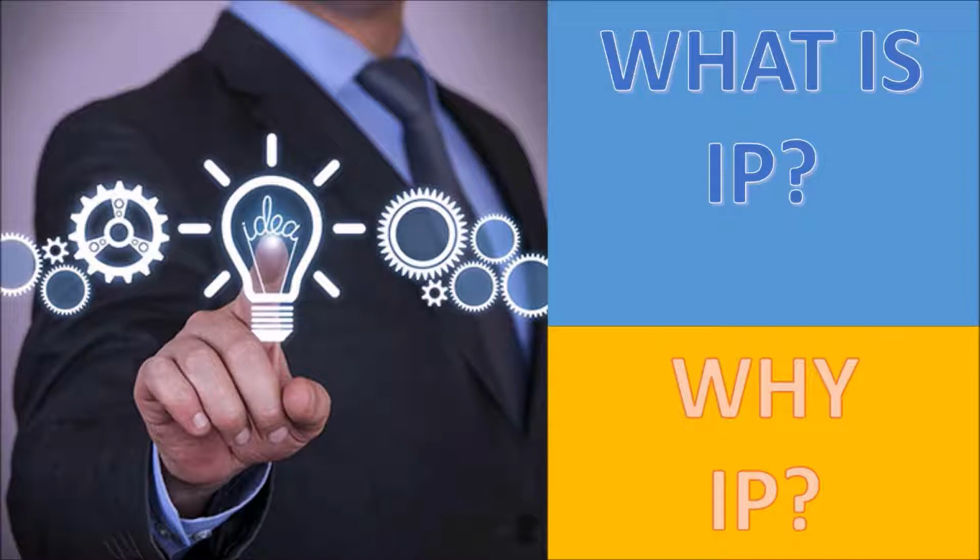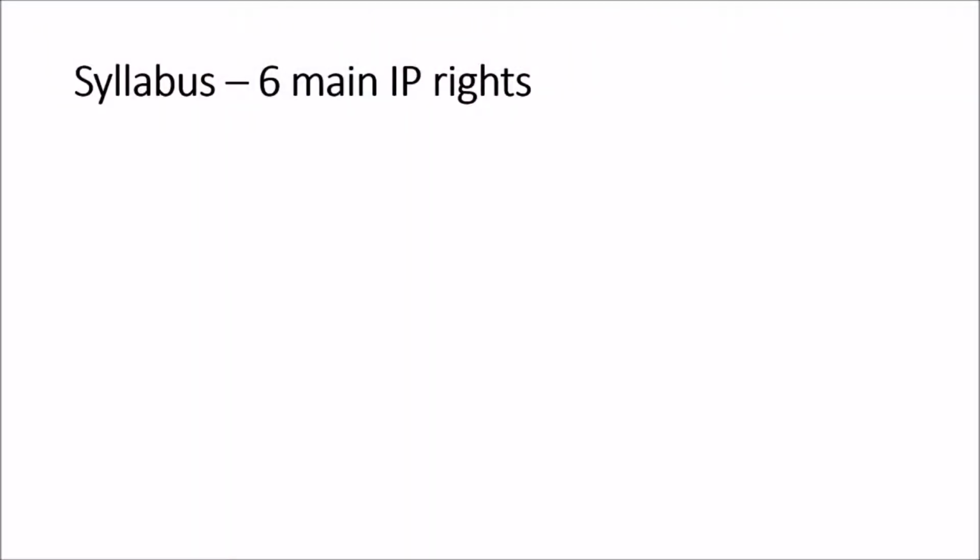as an option paper. Starting with the syllabus for IP, and this is a syllabus drawn from the University of London's law program, where there are 6 main IP rights that will be covered. Now, of course, the topics would be about 8 to 9 different chapters or topics in the subject guide, but all these chapters will lead to these 6 main IP rights.